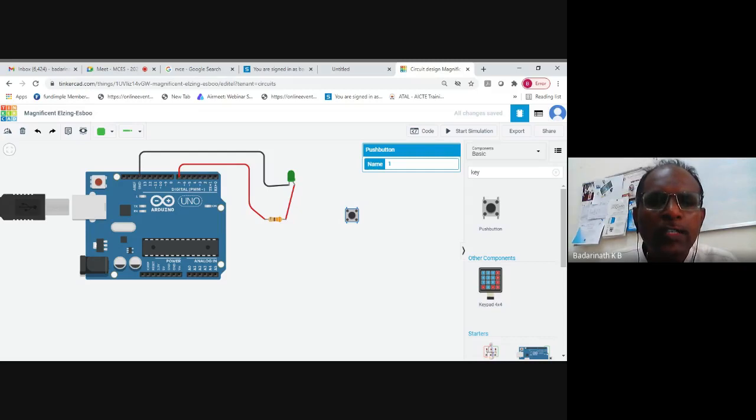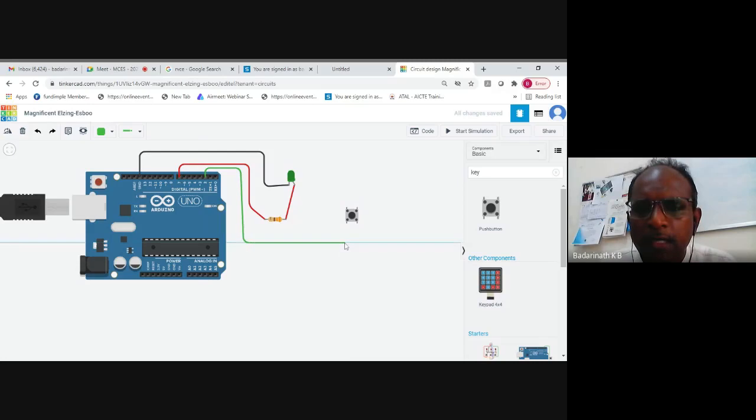So now what I'll do is I will take the pin number 2. So I will take the wire, and I will bring it here. I will connect this to here. So I will make one connection, let's say one connection I made to one leg of the key. We call it 2 legs, one leg of the key. Now I want to read this